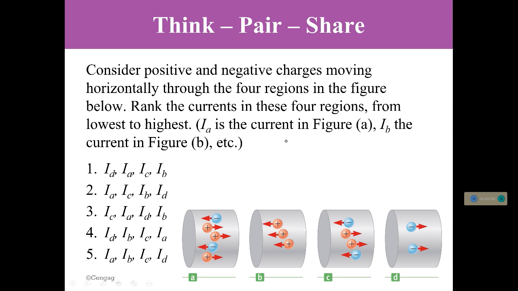If I had drawn another circumstance here, like this, if positives and negatives were in fact going the same direction, this negative would be as though the positive were going to the left, and therefore what's the current in this picture? Zero. Current in this picture is in fact zero. No, it's not feasible. It's more of a hypothetical.